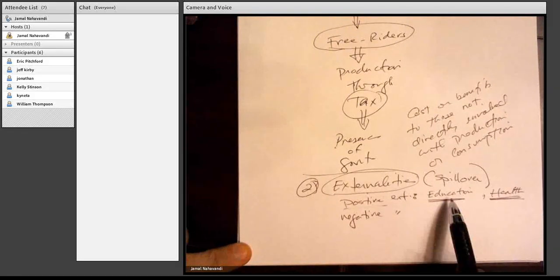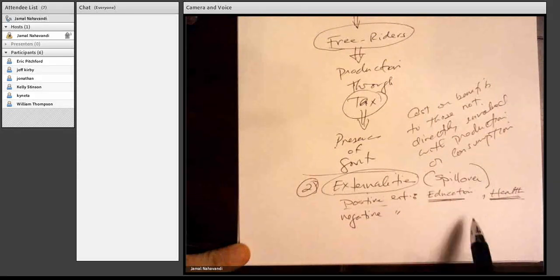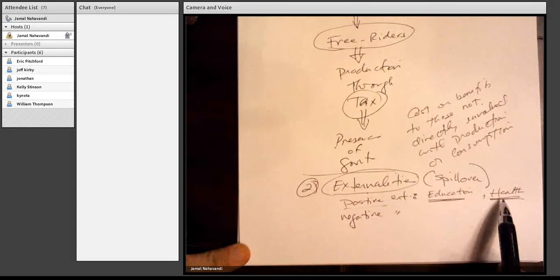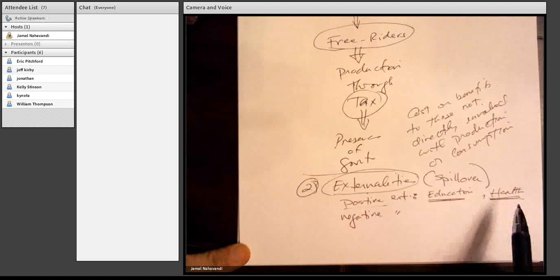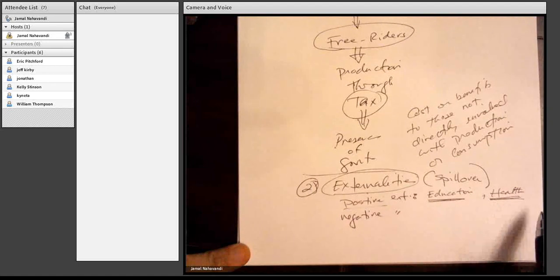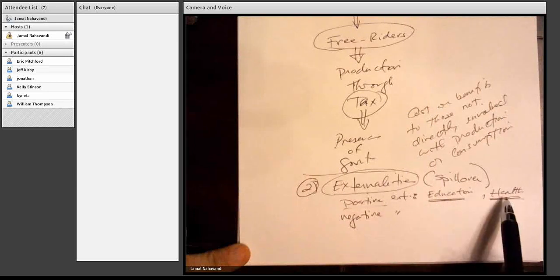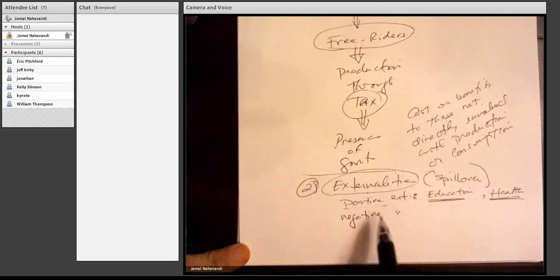And that's why governments are involved everywhere in the world with both education and health. There are those who argue the government should stay out of education because it screws things up, or people who say the government should stay out of health provision because anytime the government steps in, things go wrong. But nonetheless, because these two categories of products have positive externalities,